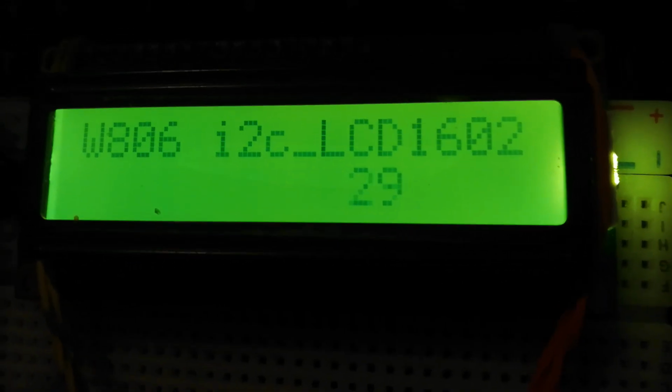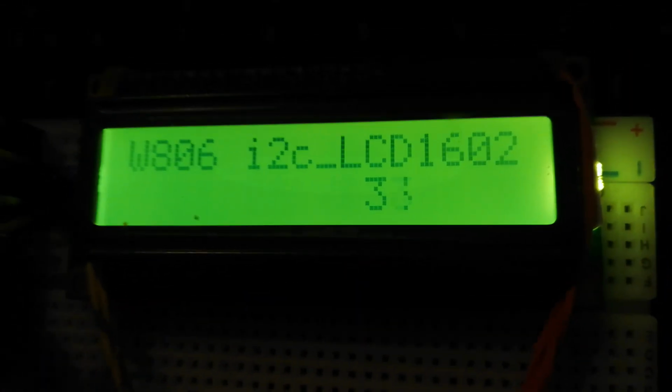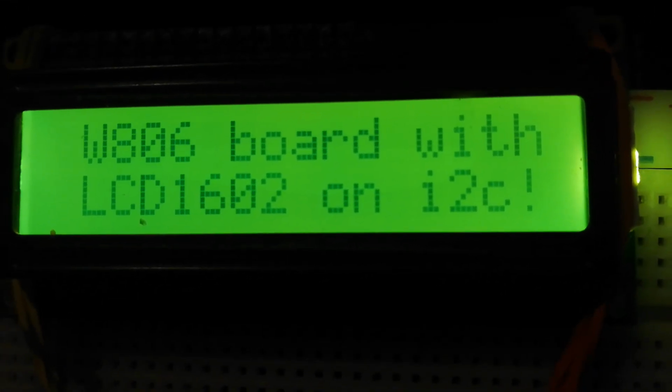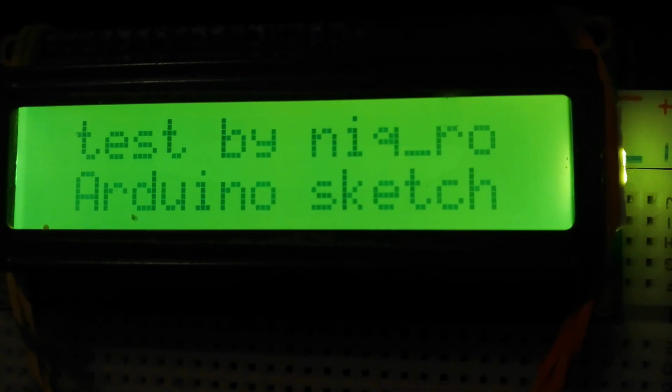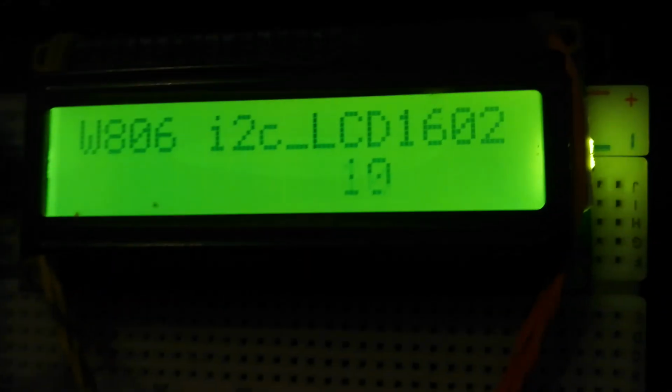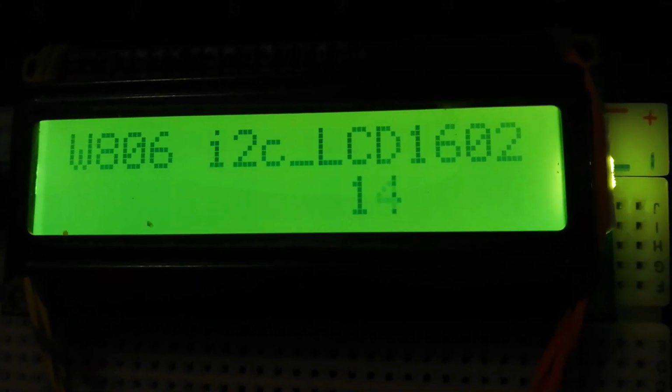ESP8266 or ESP32, but now I'll reset. I create a generic display. It is powered at 3.3 volts, usually it is at 5 volts,